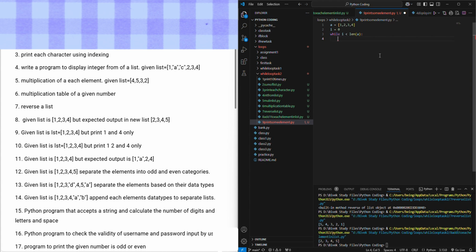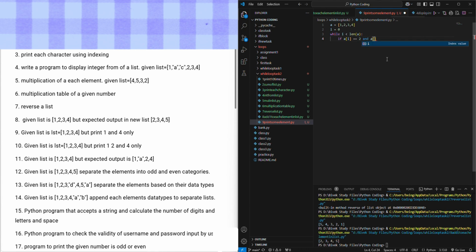So if the value of ai, the extracted list element, is equal to, this is the comparator operator, so we're going to compare ai, the list elements, to the value that we are not going to print. So 2,